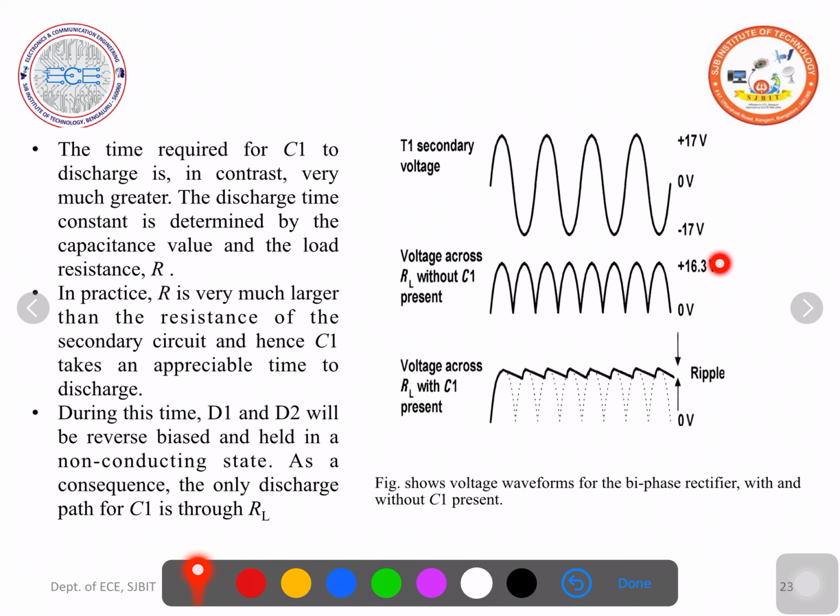across the diode. If you observe the frequency of the output voltage across the biphase rectifier, it is 100 Hz if the input frequency is 50 Hz. So how? This is your time period, 1 by T is frequency, and this is the time period after which it repeats itself. This is half. 1 by T is frequency. So here the frequency becomes 100 Hz, if the input frequency is 50 Hz.